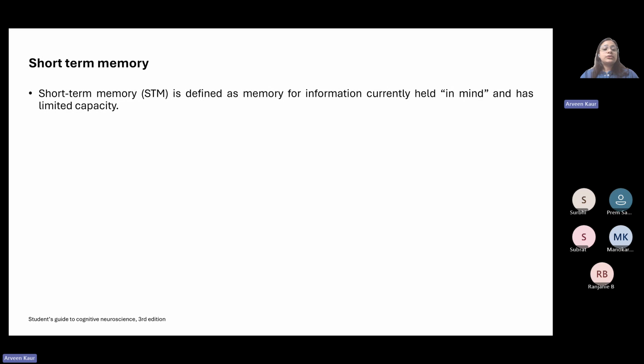So it is more similar to the RAM of the computer. It means that when you are attentive or alert, whatever your brain is working with at that moment, you remember it, right? But if it has not gone into that storage portion of your brain, or it has not been consolidated into your long-term memory, you will probably forget it, right?